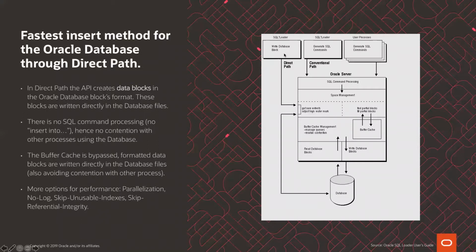When you use direct path, what you only do is get a new portion of the database where you are going to write records and then adjust. After you write them, it's going to adjust the high watermark to where these records were inserted, right? So basically, what you're doing with direct path is writing directly into the database files instead of going through all this processing, right?